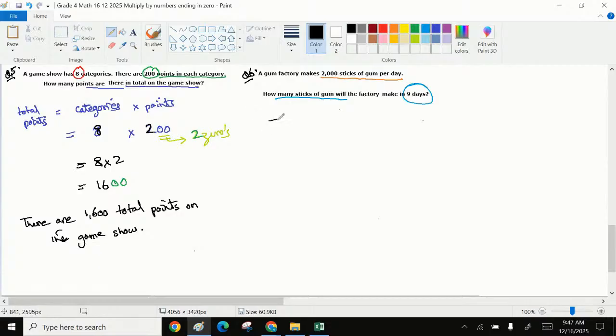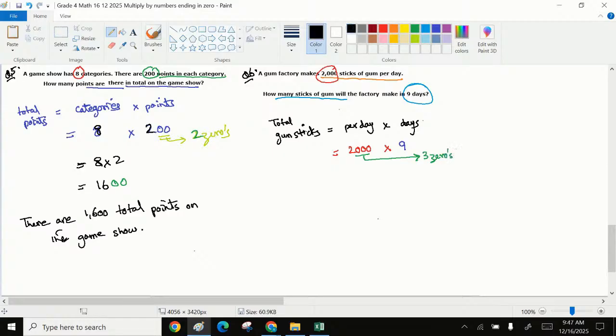So we need to find total gum sticks, right? So the total gum sticks would be per day production multiplied by the number of days. So how many gums were there in each day? There were 2000 sticks per day, and we had to find it for 9 days. So how many zeros are there? How many zeros can we see? We can see 3 zeros,